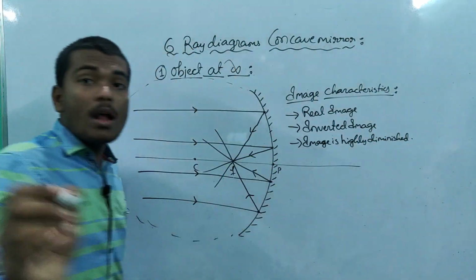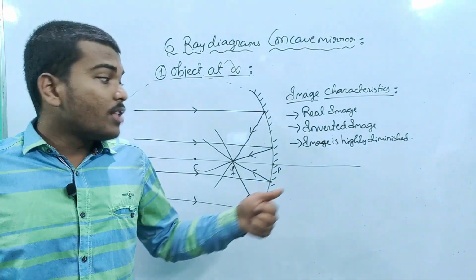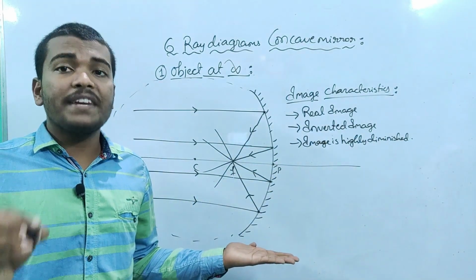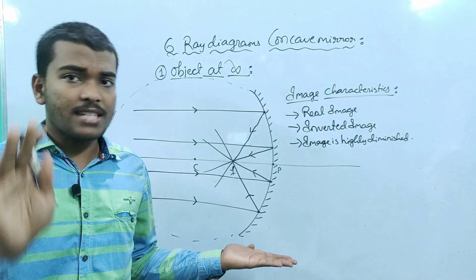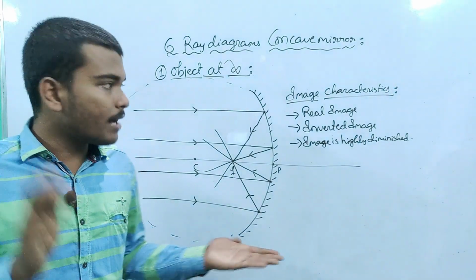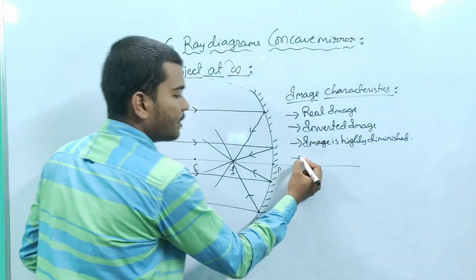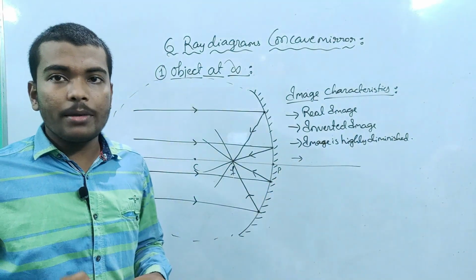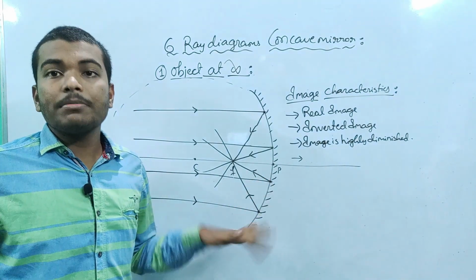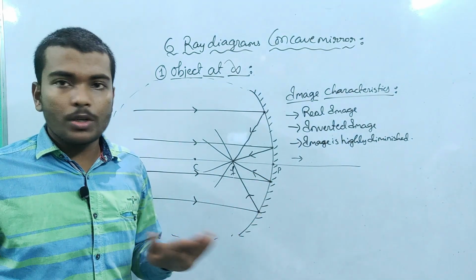Again, one star mark point you can add: the image starts from the principal axis and ends at the point of intersection of the reflected rays. This is another star mark point, in order to figure out where the image actually forms. The fourth one, see this one is taking time, right? Because I have to tell you the logic that is present over here. So this one is taking time, the next ones are going to be quite smoother.